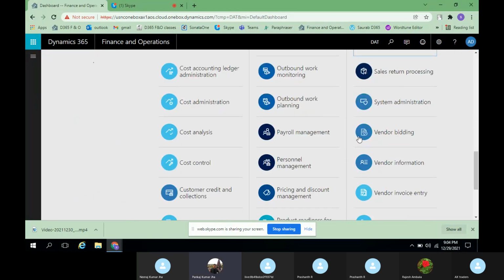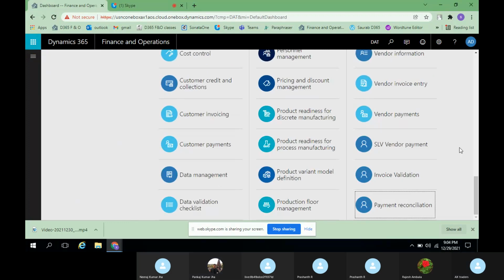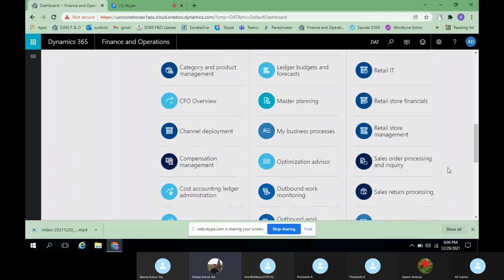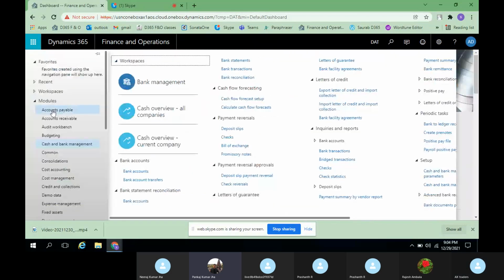So, Srinivas, I have two questions. My first question is, instead of adding a workspace from the available tiles over here, can't we just go back into the options in the navigator, the AP, AR tabs, and from there add any of these reports directly in the workspace? I was about to show that in the next step. I'll show you how it is linked.